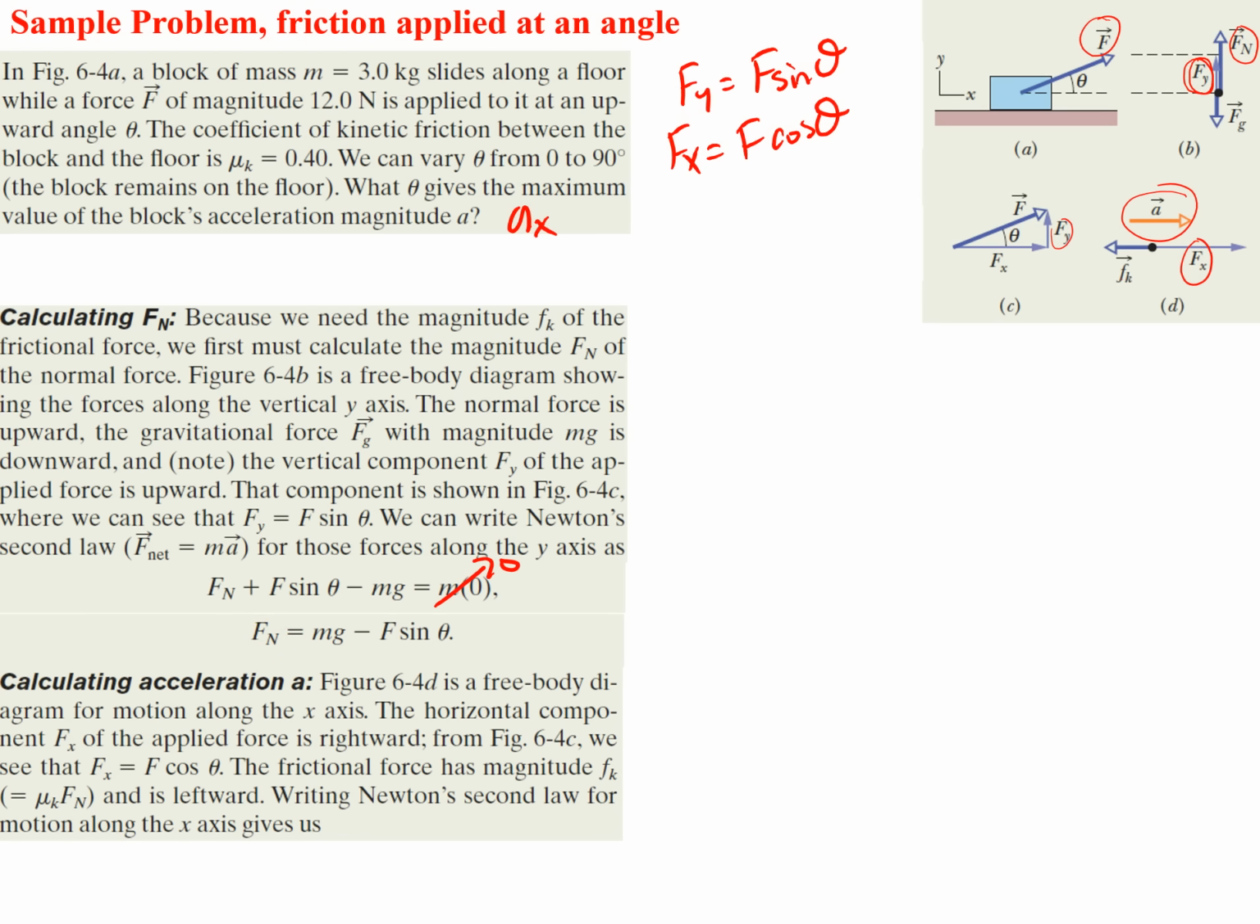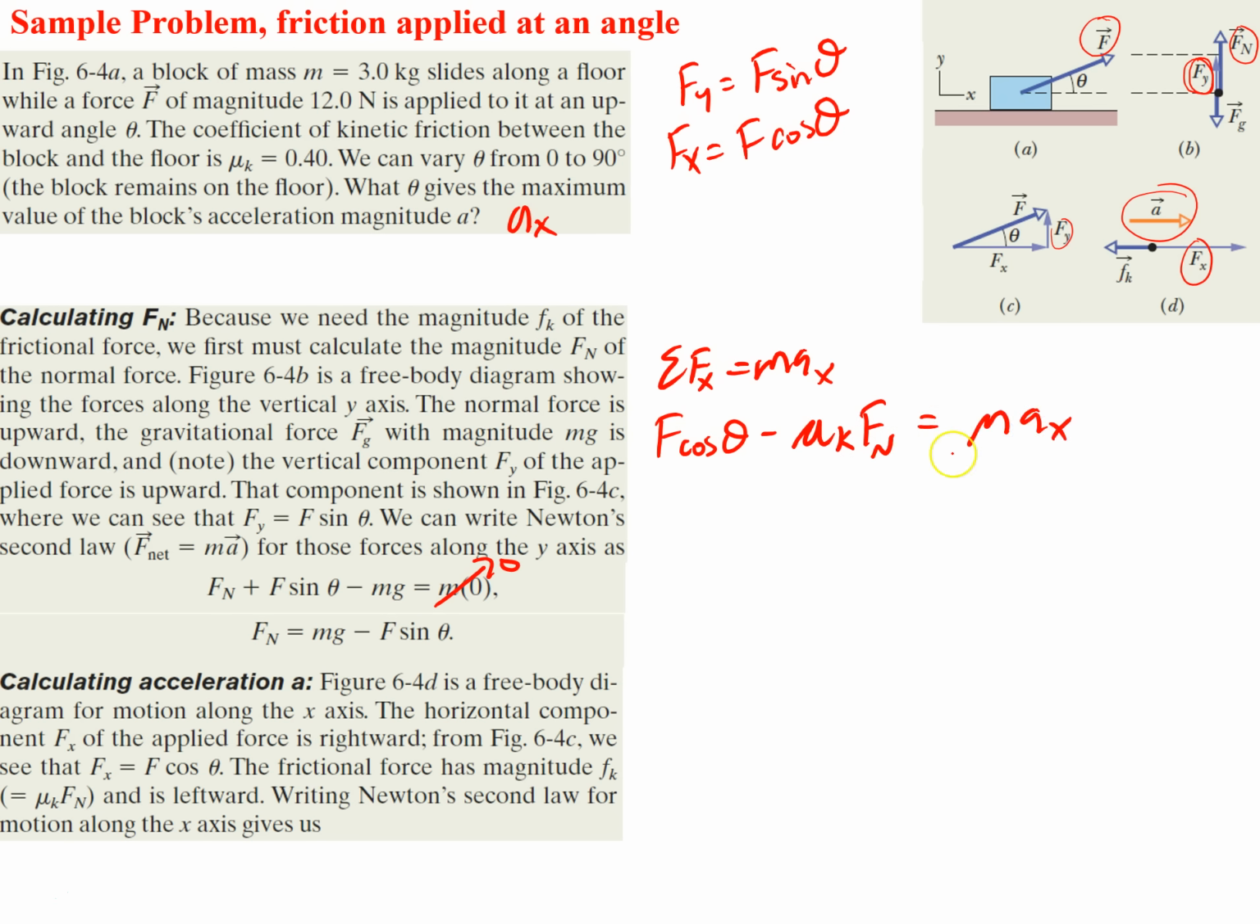Now, calculating the acceleration, a. In the figure, it's a free body diagram for the motion in the x-axis. The horizontal component Fx is the applied force rightward. Writing Newton's second law along the x-axis, the summation of forces in the x direction is mass times acceleration in the x direction. We have our applied force, which is to the right, so we'll call that positive, and then we'll subtract the frictional force, which is just mu k times our normal force, and that's equal to mass times acceleration in